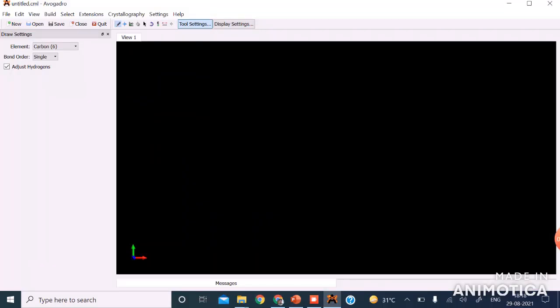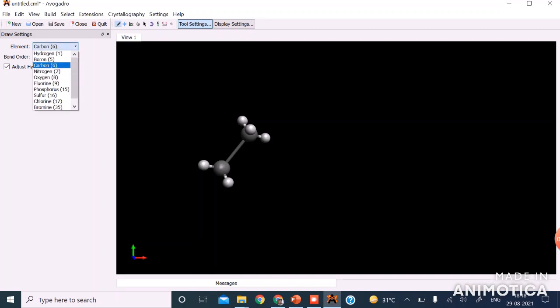We will draw the 1,2-dichloroethane by selecting the drawing tool, which we have discussed right now. So carbon is already selected. Click on the display unit, drag this carbon. For 1,2-dichloroethane, we have to select the chlorine atom from this drop down menu, and now I am replacing one hydrogen atom by this chlorine and this one. So this is my 1,2-dichloroethane.